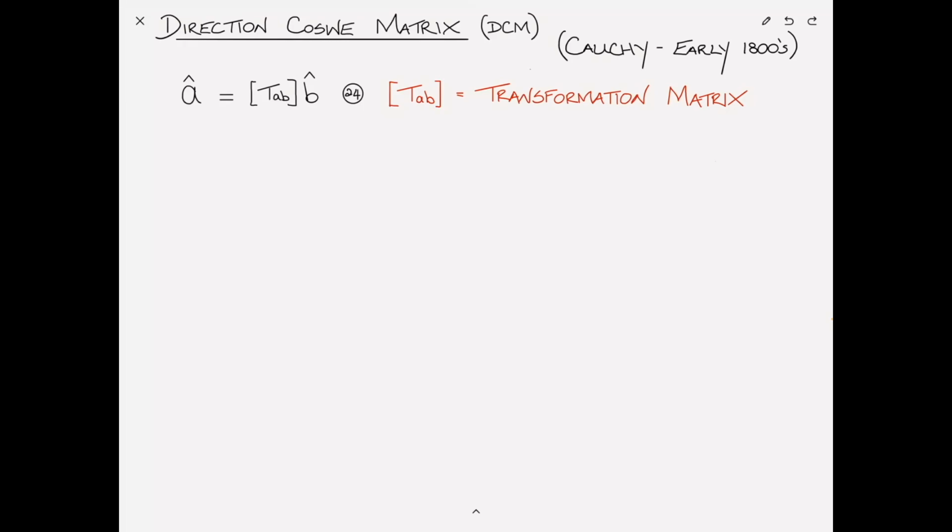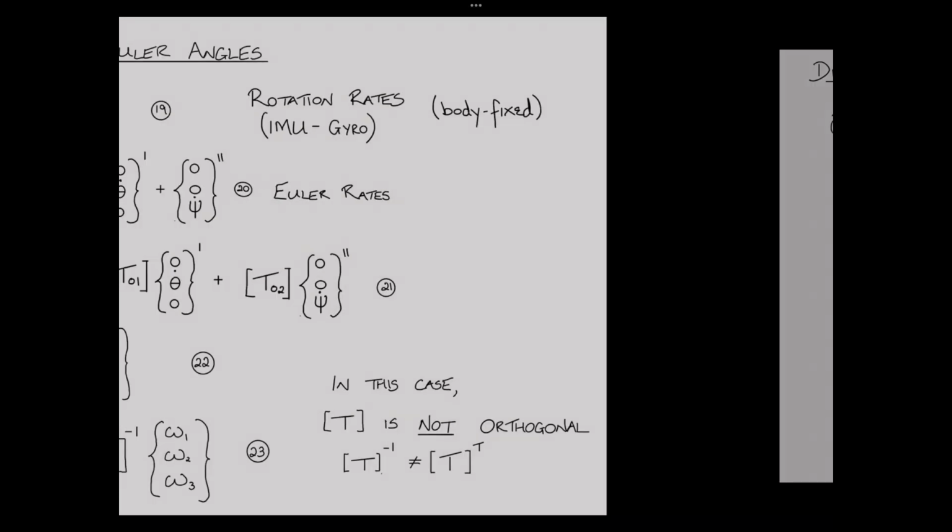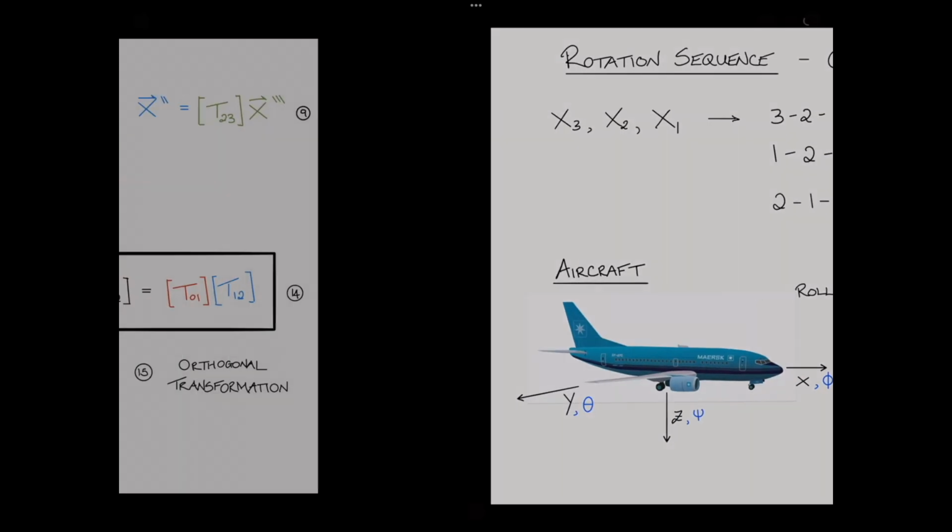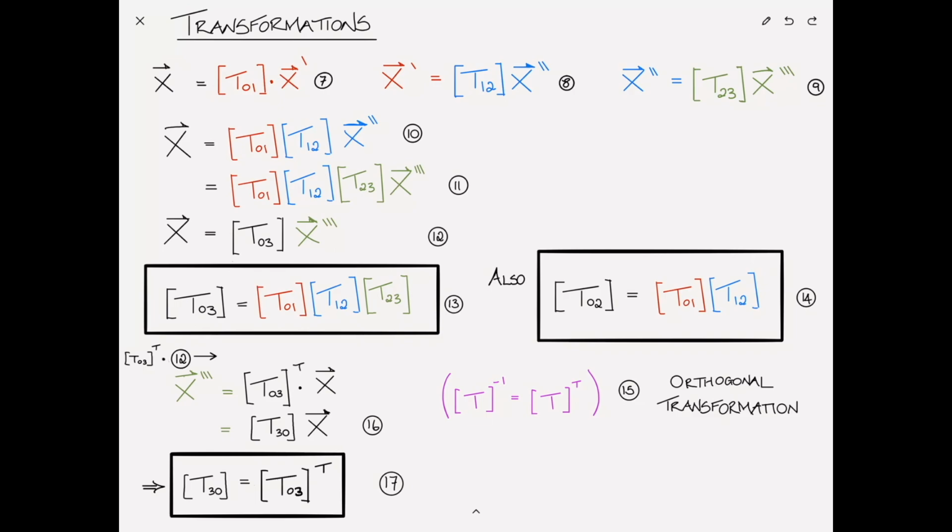Now, full disclosure, I compiled the notes for this section at a different time from the notes of the previous section, and so some of the symbols that I've used in this section are a little bit different from last section, even though they refer to the same thing. In the previous section, I called this overall transformation T03. What I'm talking about is really just this transformation here. Okay? So in this section, instead of calling it x and x triple prime,